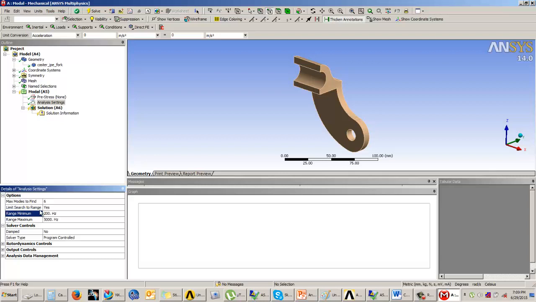So in case the analysis that you are performing has any limits like this, you can set the limit search to range as yes, and then you can enter the minimum range and the maximum range. Or else you can say no. When you say no, it will start calculating from 0 Hertz and go up till whatever value